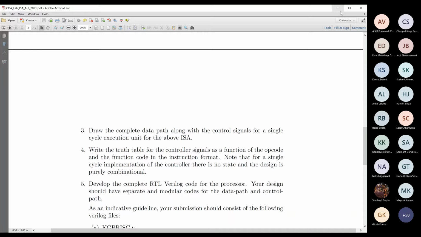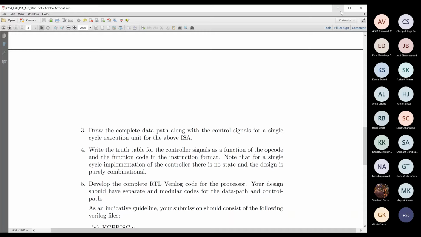If you do that, then handling problem number 5 is much simpler, because once you understand the overall components, what problem number 5 tells you is to do the design in a modular fashion. You will have the top level diagram with you by then, and you will know these are my modules, and then you can go ahead and start developing those inner modules first.